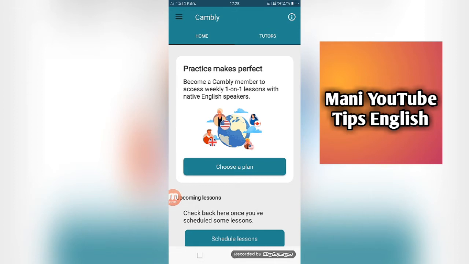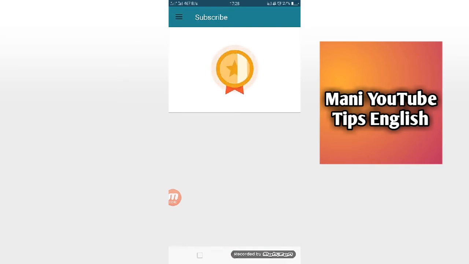Let me show you the important plans. You can see here in the home, choose plans. You can click the choose plans and get the information about the plans.